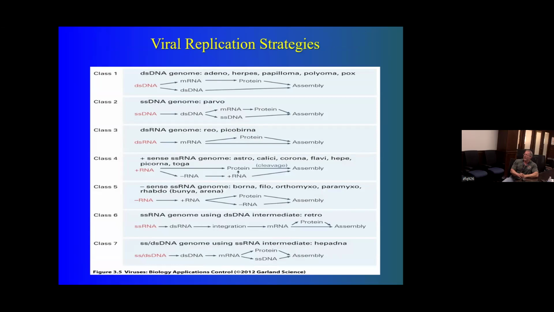Viruses have numerous replication strategies that they can use to replicate their genome and produce viral proteins. And many times this is going to be decided by the viral genome type that's first used to infect the cell. Is it DNA or RNA? Is it a single-stranded molecule or a double-stranded molecule? Is it a positive sense or negative sense molecule, referring to the genomic polarity? Is it DNA to RNA? Is it RNA to DNA? There are several different configurations. And again, you can walk yourself through the 7 classes, and we explain this in greater detail in short course session 2. So if you're missing some of that information here, I'd refer you back to short course session 2 for viral replication.